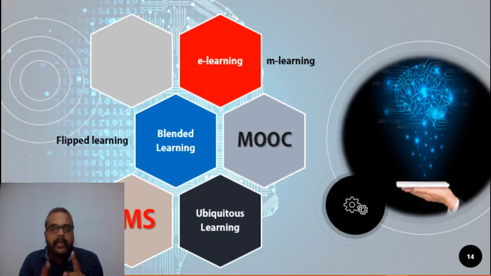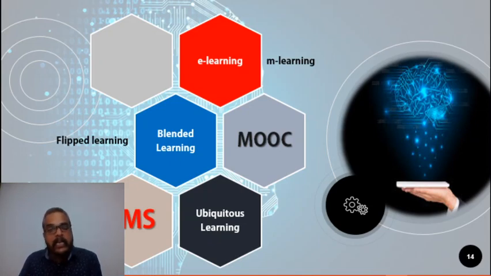Don't forget, it depends on the quality of blending. Now slowly we started thinking about how everybody is gadget oriented, or every student has access to gadgets like laptop, tablet or mobile phone. Slowly we were thinking, why can't we think about m learning, mobile learning? Even during these lockdown periods we were trying to transfer the content, the courses, into the mobile, so that it is a simple gadget where the students can easily access. So we were trying to have m learning.